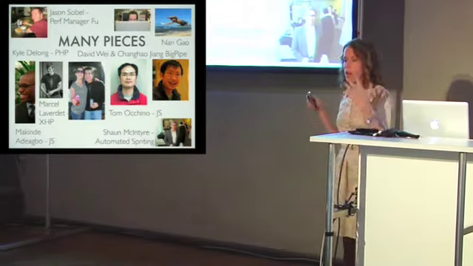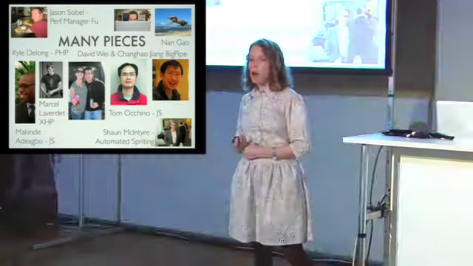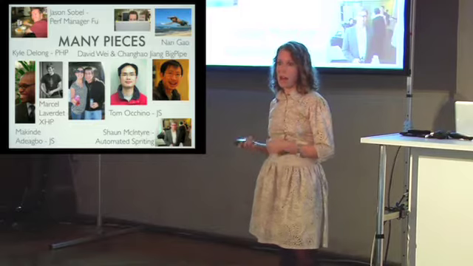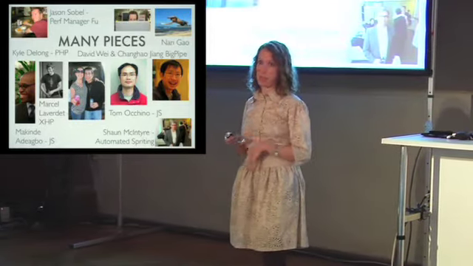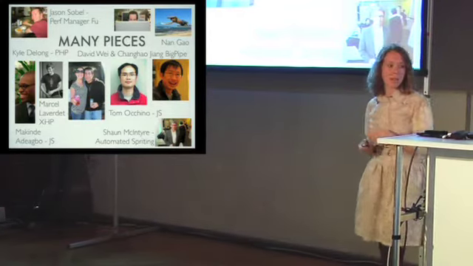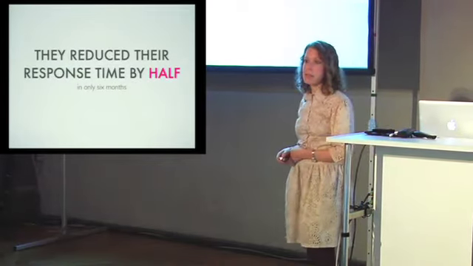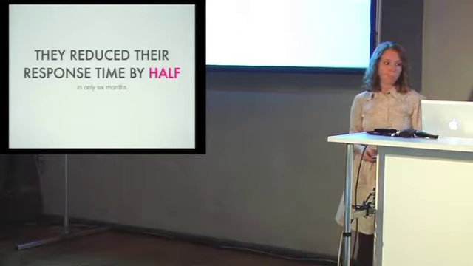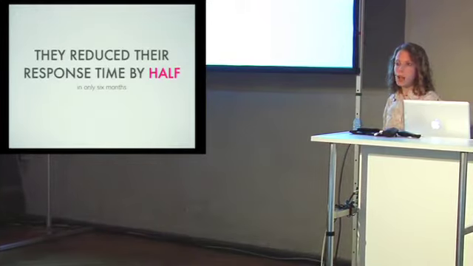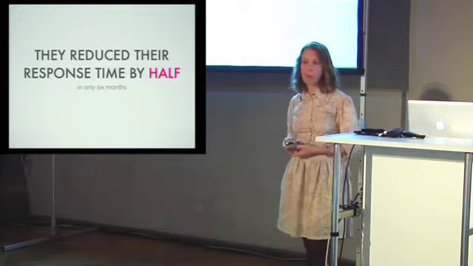Now, their performance group had a lot of different angles they were working at. They were working on BigPipe and XHP and a bunch of other things, some automated spriting, which works similarly to the packaging system, where they're actually figuring out which images are requested together and sticking them into sprites, modifying the CSS automatically. Really cool stuff, lots of different pieces coming together. The end result was that they reduced their response time in half in only 6 months. So that's a pretty important gain. And I'm going to talk to you a little bit about how I did the CSS piece of that puzzle. And definitely check out their engineering blog to hear more about the other parts of the equation.